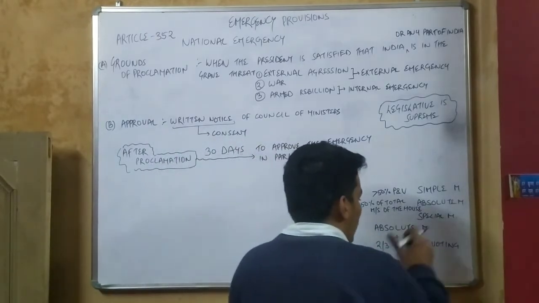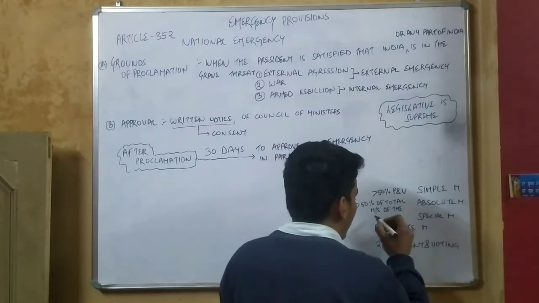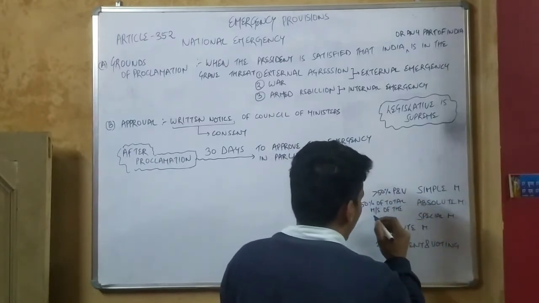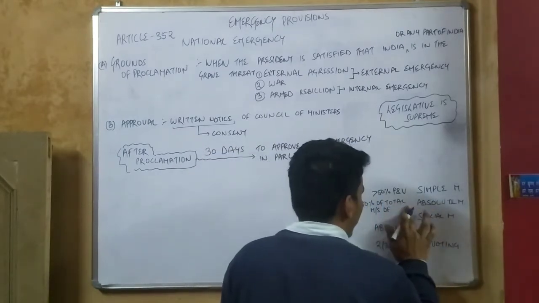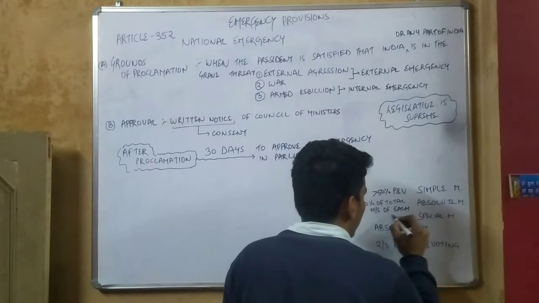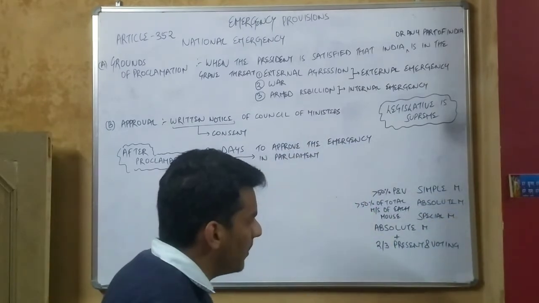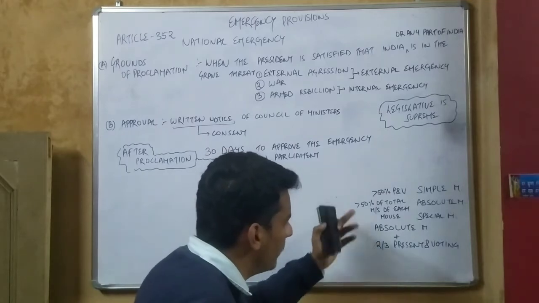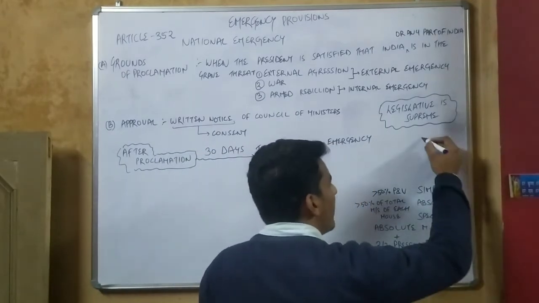You have to make a point of one thing: present and voting in each house, and more than 50% of the total membership of each house. In special majority, we take the absolute majority, that is more than 50% of the total membership of each house, plus 2/3 present and voting. So if I take an example here,